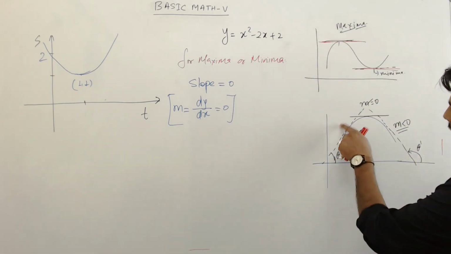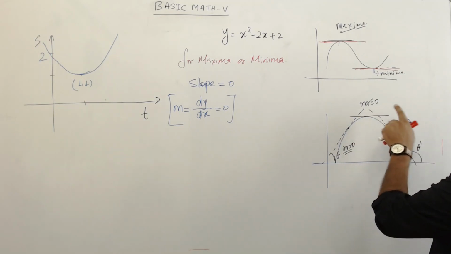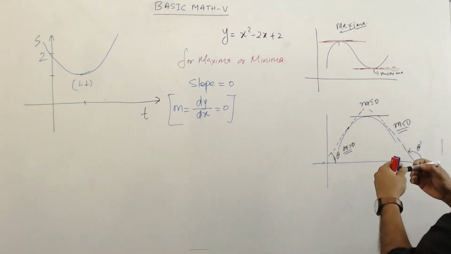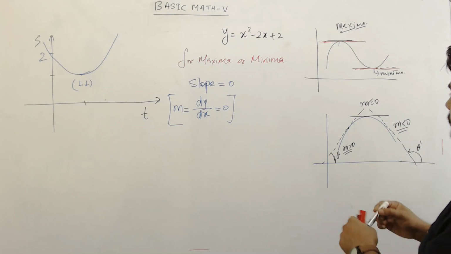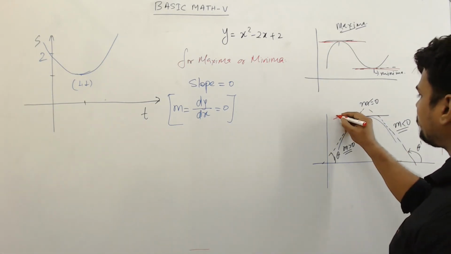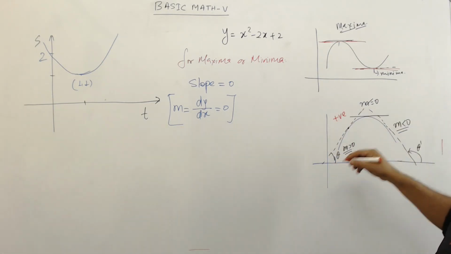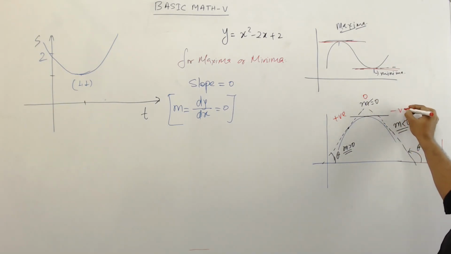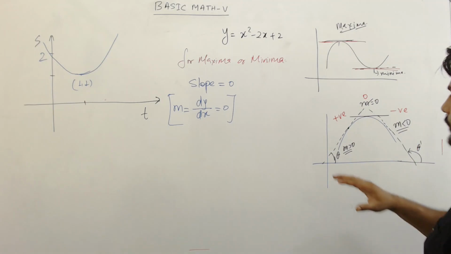So from negative it became 0. From the positive it became 0, and then it became negative. It was actually a positive quantity earlier. I'm talking about a slope. It became 0, and then it became negative. If I want to find the change in the slope,